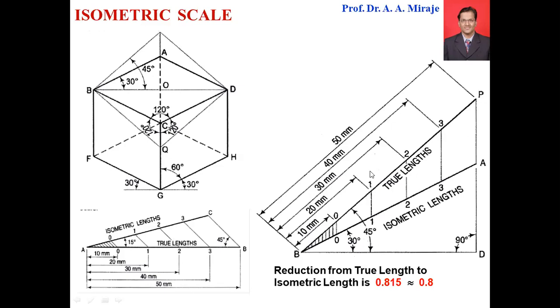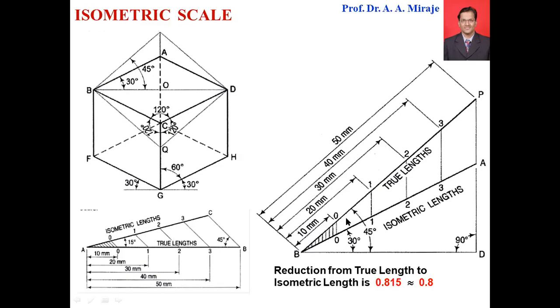Suppose you take this length as 50, which is given in the question. From this you draw a vertical line. Draw a vertical line for another length, let us say 40, then 30, then 20, then 10, each with a vertical line. So B20 is 10, B21 is 20, B22 is 30, B23 is 40, and so on. B2P is 50. So the actual lengths which are given to you in the drawing, you can take here.